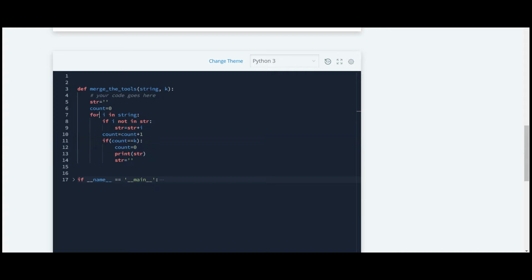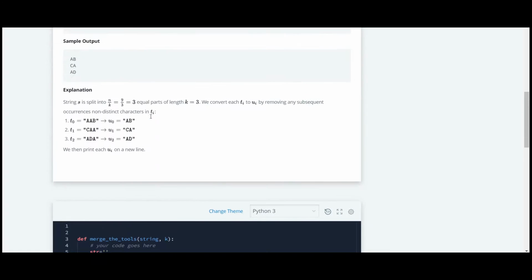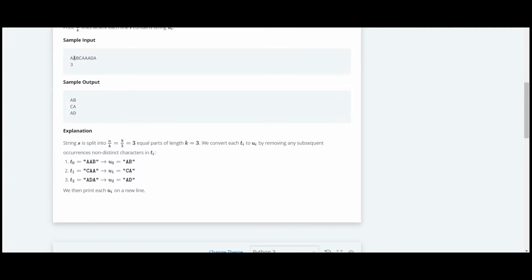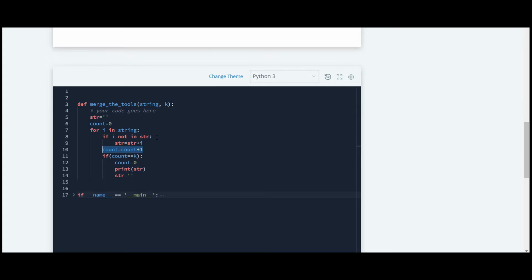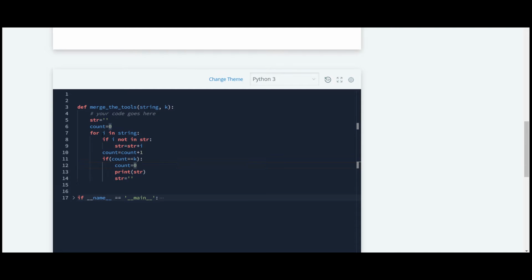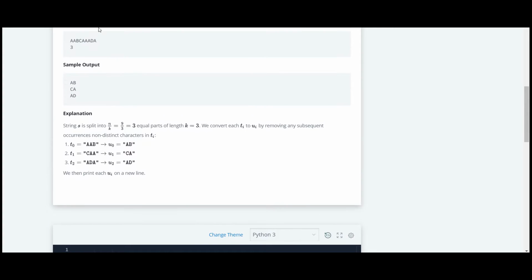Again we are going through this string, so now our i will again be A. If i not in str, this condition will be false because our A is already in str, so we are not going to add that A again in this str. But we are going to increase the count, and again the count is not equal to 3, so we are not going inside this if block. Again our i will become B,